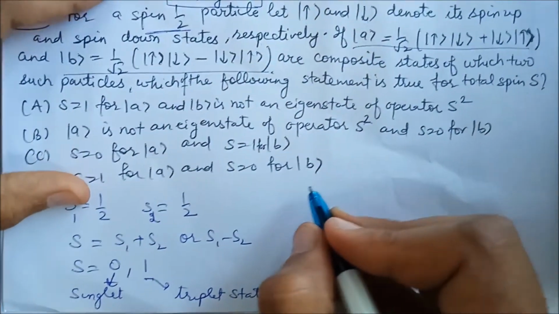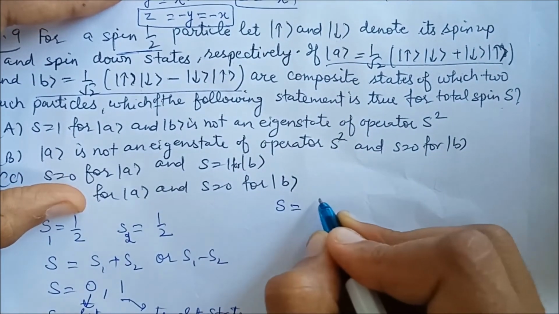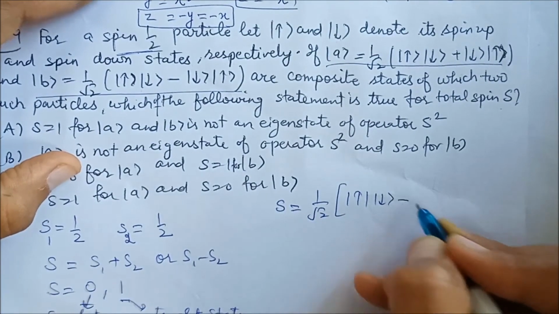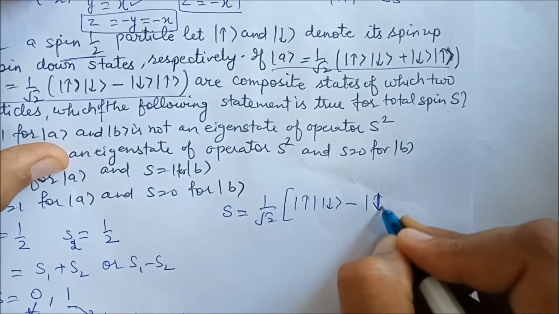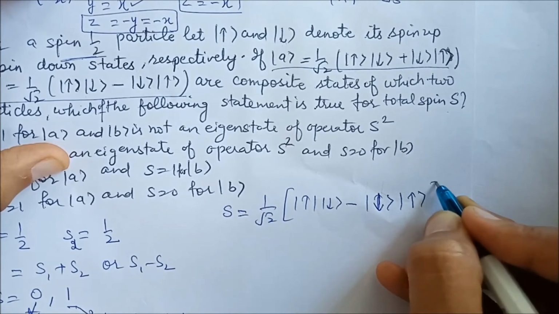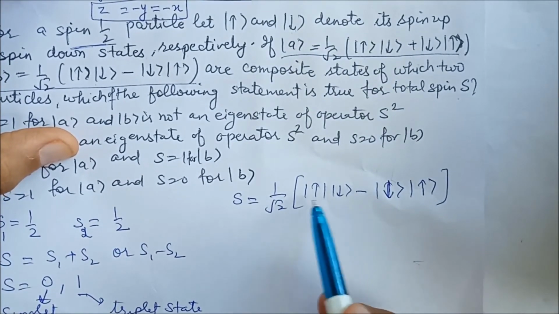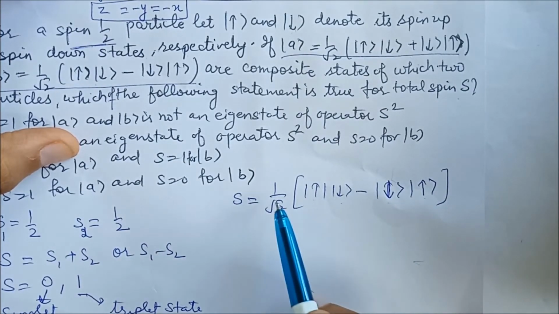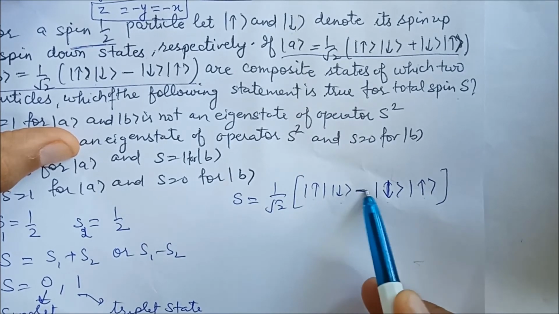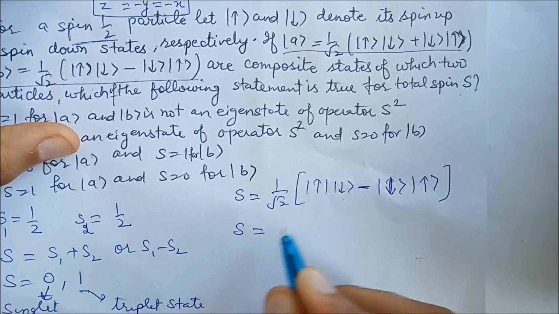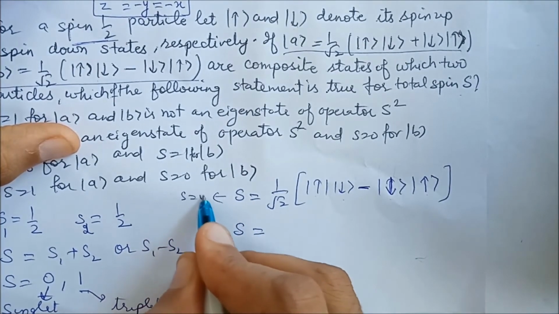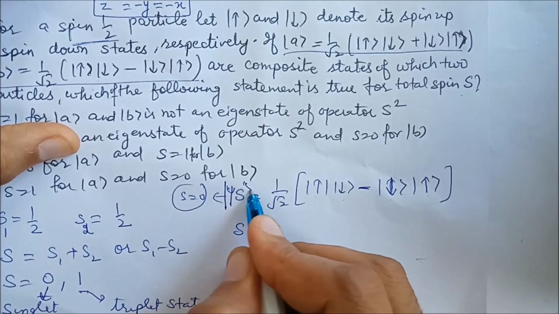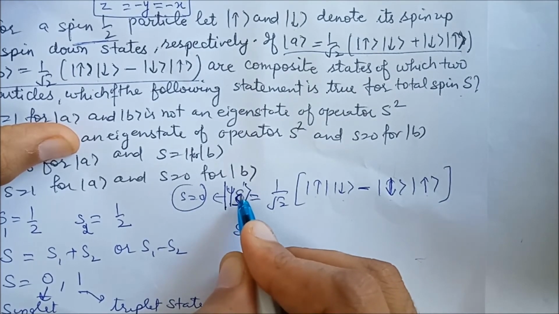In case of the singlet state, we have only one state which is antisymmetric. Keep in mind this state is antisymmetric, that is why we have a minus sign here. Antisymmetric means if you reverse it, swapping down up and up down, you have to take a minus common, and the minus comes outside. So this minus state is antisymmetric, and it corresponds to S equal to 0. Suppose we call this state psi S.